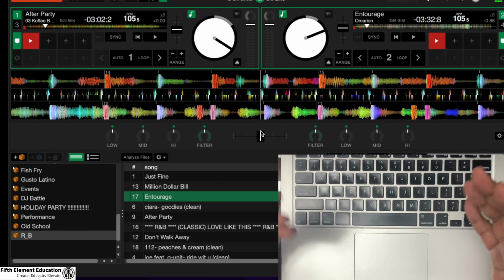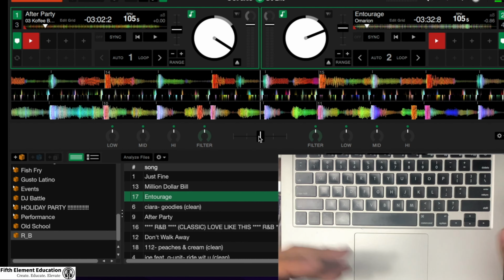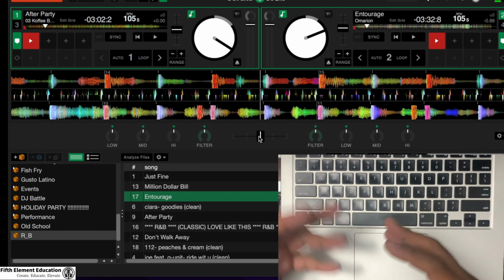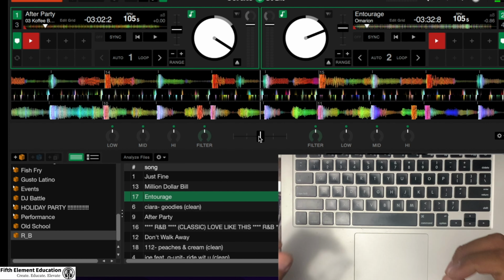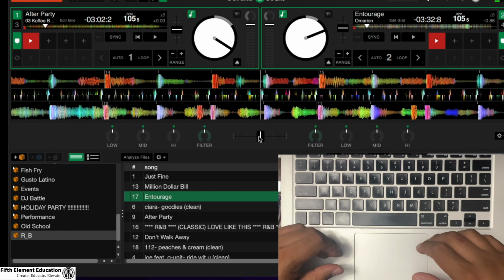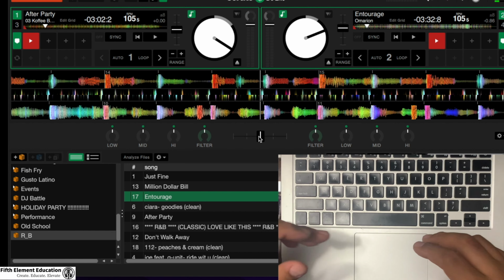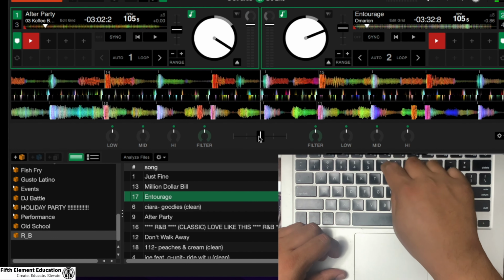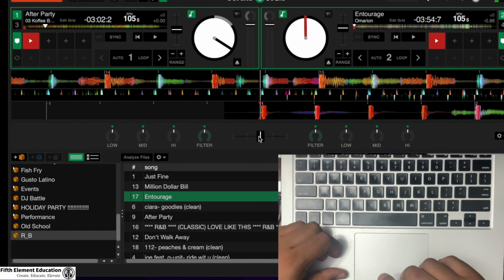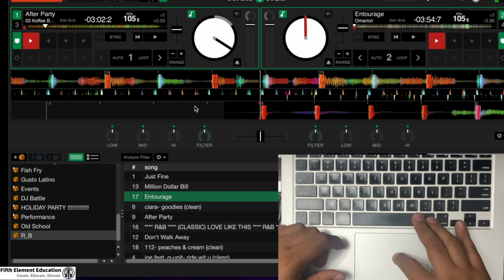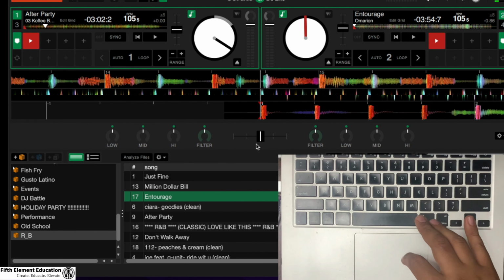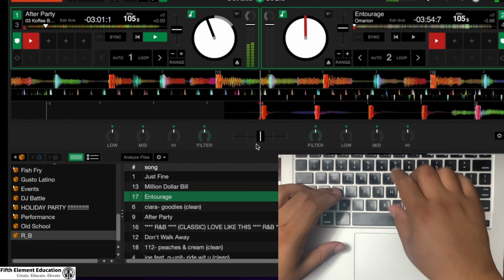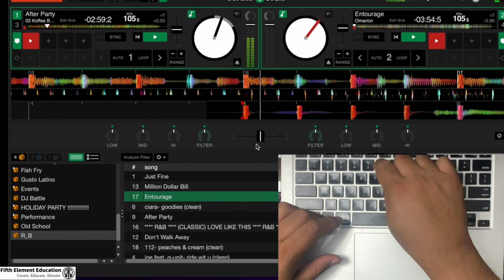Great. So that was a good transition from one song to the other. Now, the key to doing all this is that not only do you want to make sure that your beats are synced up, but you also want to make sure that you are syncing them up by pressing the cue point to help you catch the beat. So, for instance, if you wanted to hear how this would sound,